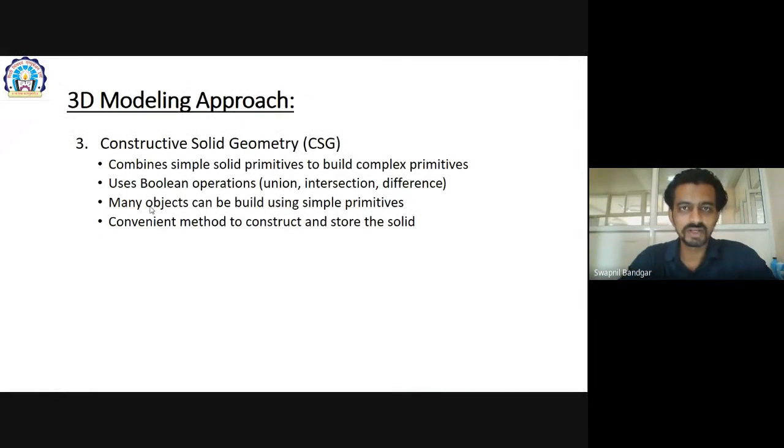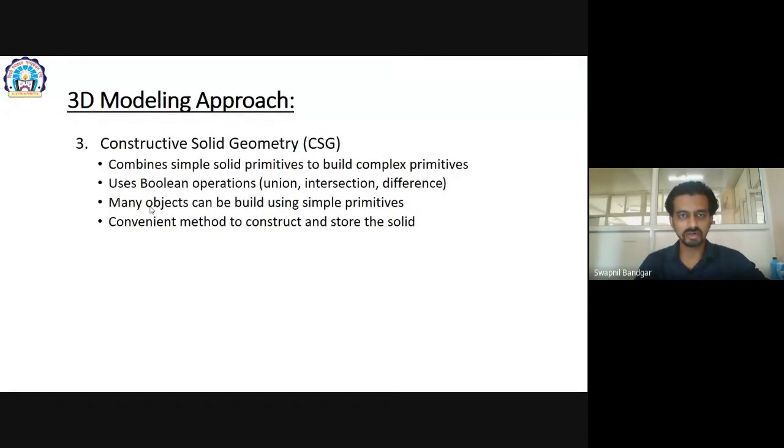Then we see the word CSG. What is CSG? The third type is constructive solid geometry. Constructive solid geometry combines simple solid primitives to build complex objects.